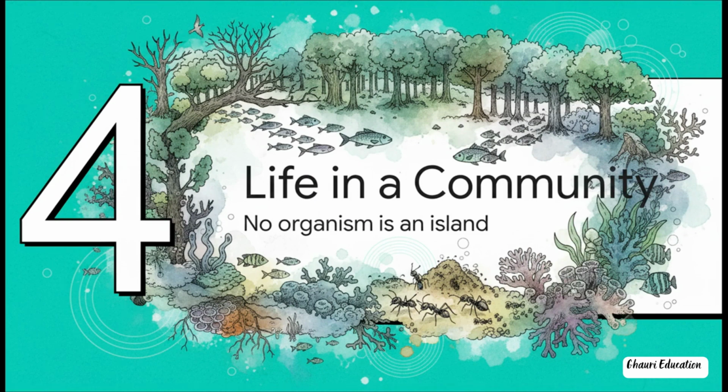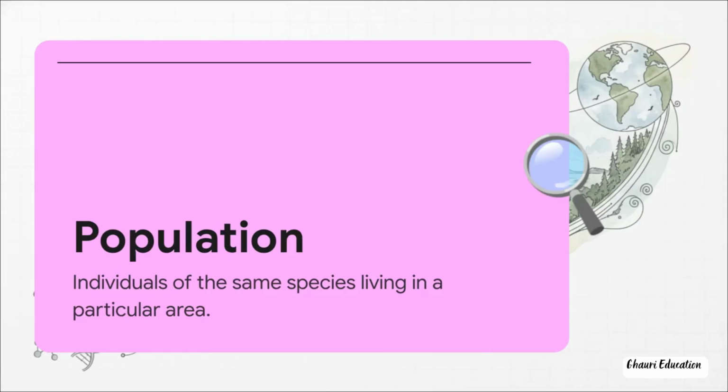We don't exist in a vacuum. So let's expand our view one more time. When you get a bunch of the same species living together in the same area, that's what we call a population. Think of a herd of elephants or a colony of ants. It's right here, at this level, that the great dramas of life really play out. Competition, finding mates, working together, and of course, that slow, powerful engine of change we call evolution.